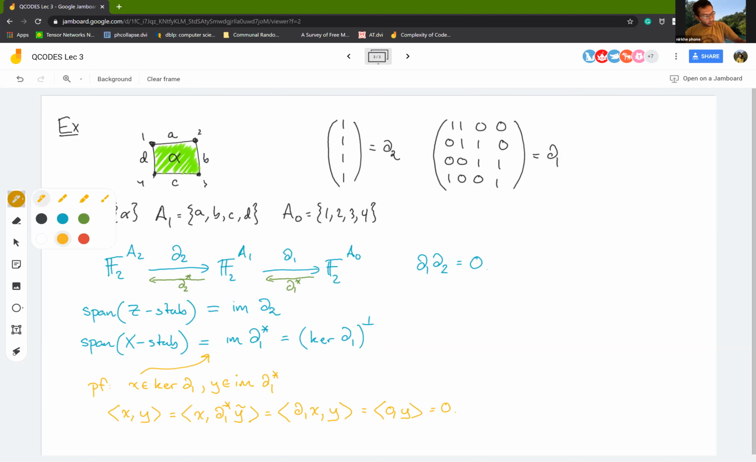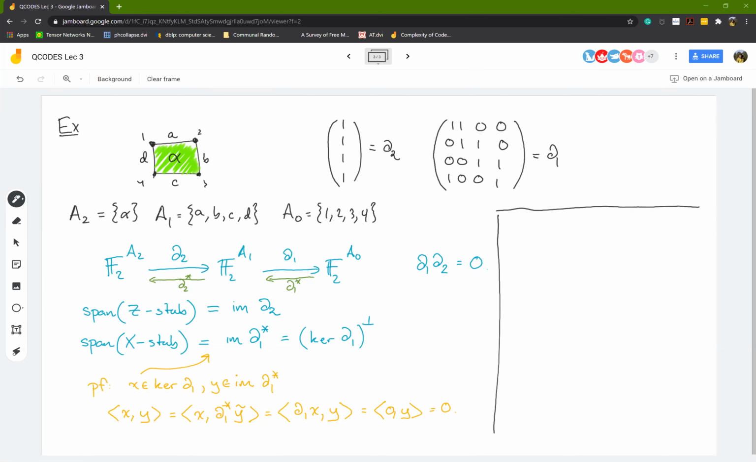Yeah, right. Sorry, can I ask why the span of the Z stabilizers is the image of delta 2? I thought A2 were the Z stabilizers and A1 were the X stabilizers. So the image is A1? Okay. So image of delta 2 is going to be a subset of A1, right? It's going to be, image of delta 2 is contained in F2 to the A1, but it may not be